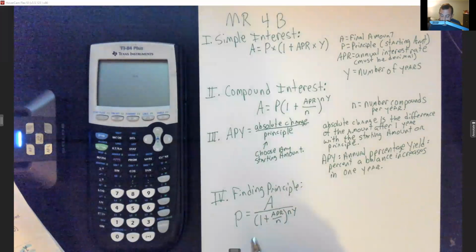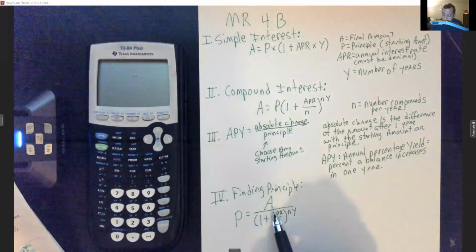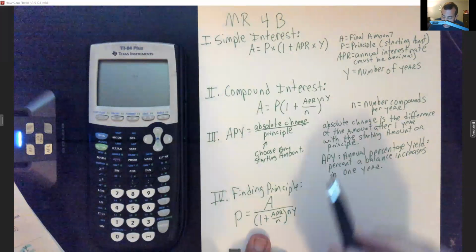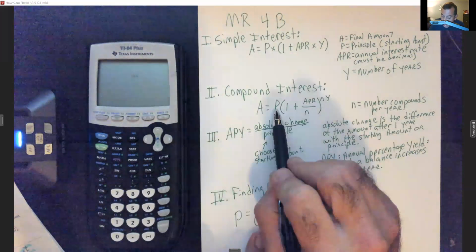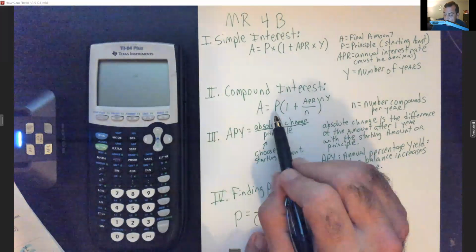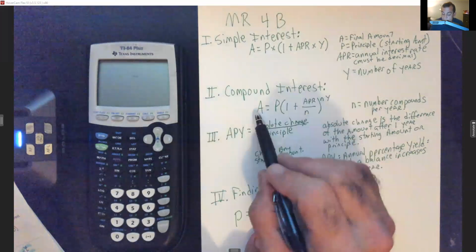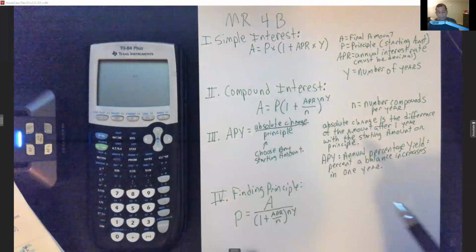So to work this formula, you're basically taking the A and dividing by everything you get here. See how I got the P times everything here? Well, if you wanted to get the P by itself, you would divide both sides by this whole thing, which is what they did under that A, okay? So